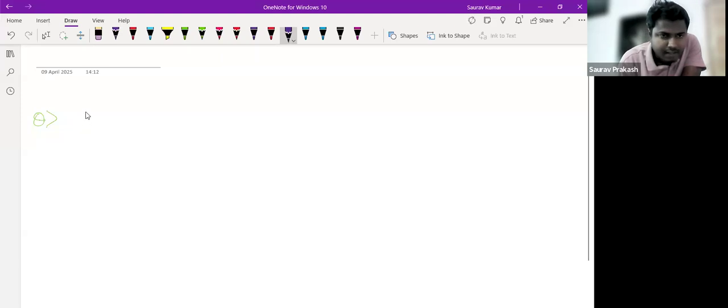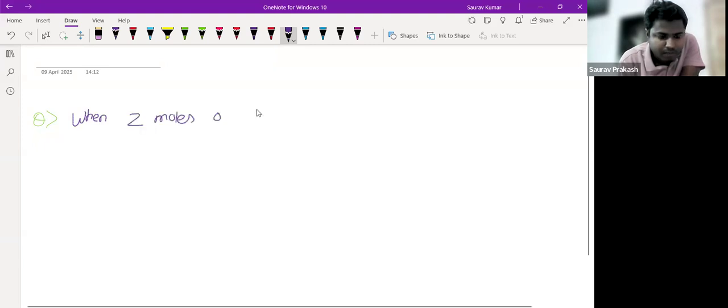When 2 moles of HCl... This is the type of buffer capacity numerical. This type is buffer capacity. When 2 moles of HCl is added